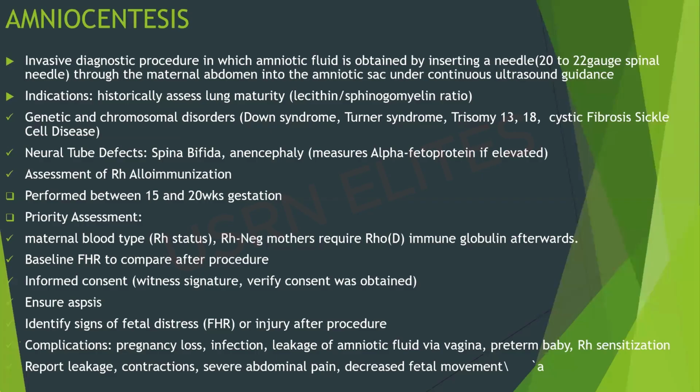It's the same fluid that they use to assess if there's a genetic disorder, because the fluid will contain some of the cells of the fetus, the fetal particles or tissues. So they use this amniotic fluid to assess if there's a chromosomal disorder, like Down syndrome, Turner syndrome, or